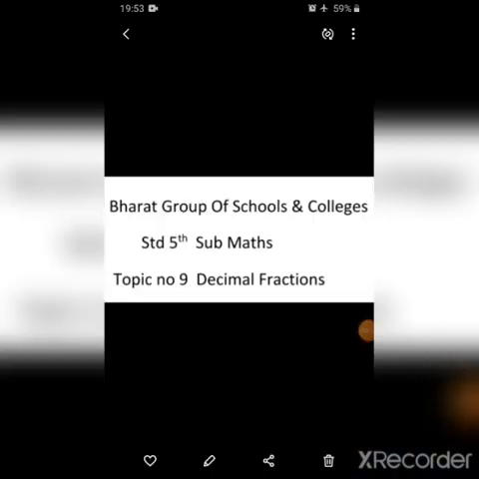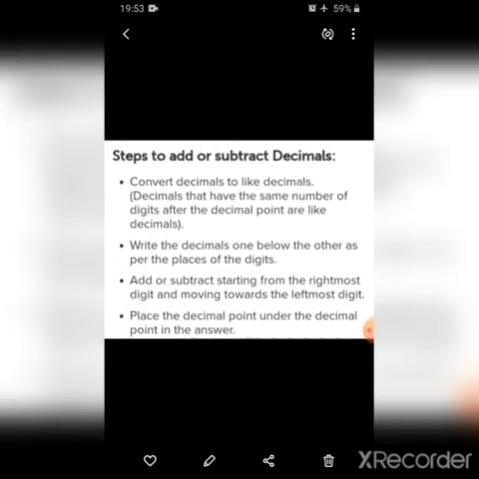Our topic number 9, decimal fractions. Today we learn to add or subtract decimals. Steps to add or subtract decimals. Convert decimals to like decimals. Decimals that have